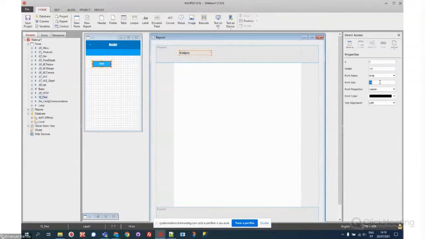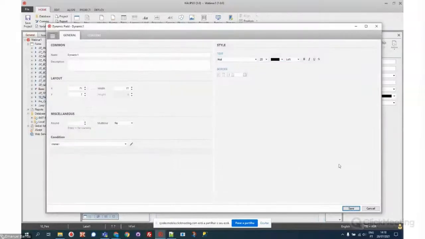Let me put this a little bit bigger. And you can change the size of the text, position wherever you want. But these are fixed text, okay? But of course, you can have dynamic fields on your